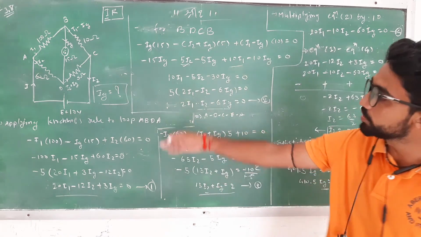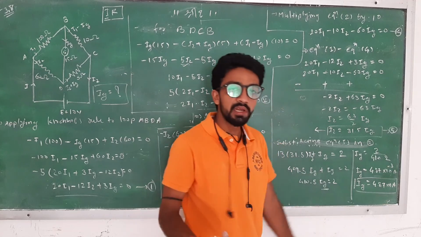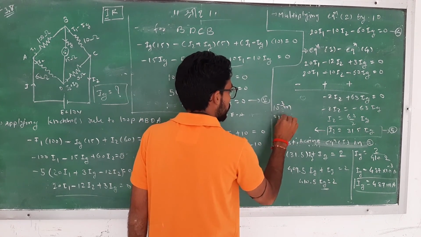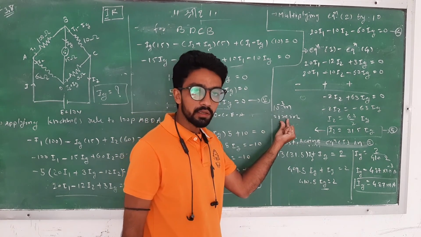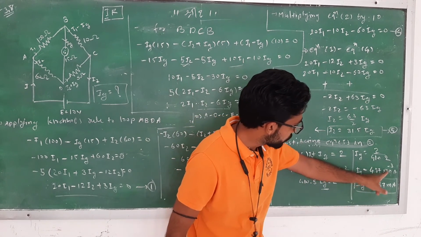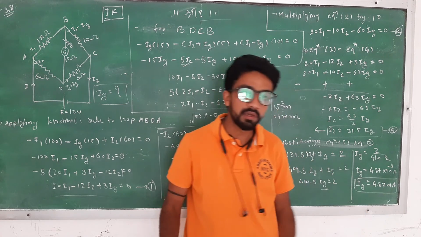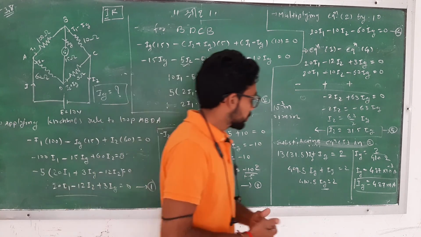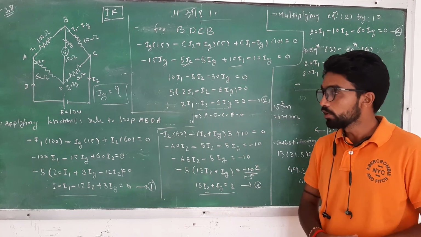That is the current through this galvanometer. Here we have 10 raised to minus 3, so that is milli. We know that 10 raised to minus 3 meter is equal to 1 millimeter, so instead of 10 raised to minus 3, you can take milli. So 4.87 into 10 raised to minus 3 ampere can be written as 4.87 milliampere. This is the current through this galvanometer whose resistance is 15 ohm. So this is the most important example. By applying Kirchhoff's rule, you can find the current through the galvanometer. Okay, so now I will stop here.